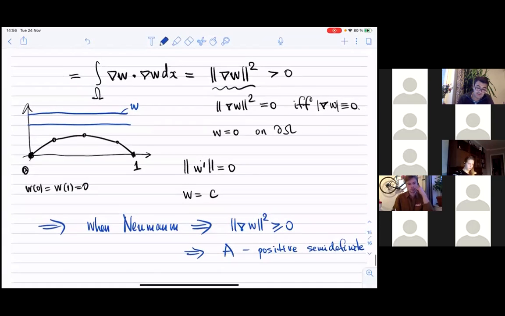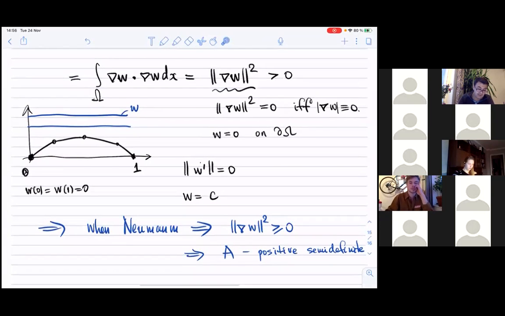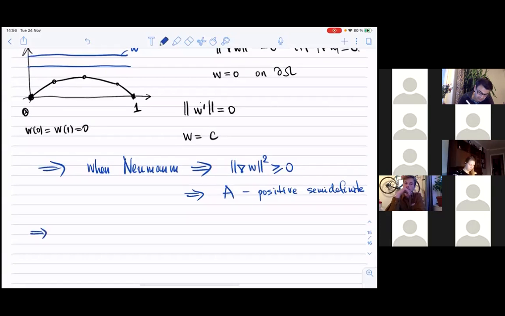But in this particular situation that we have, we cannot choose any constant function because we have a boundary condition. Our boundary condition is 0. So any constant function that is a solution should satisfy the boundary condition. Therefore, there is only one constant function, which is 0, right? So the second conclusion that we make is when you have w equal to 0 as Dirichlet boundary condition,